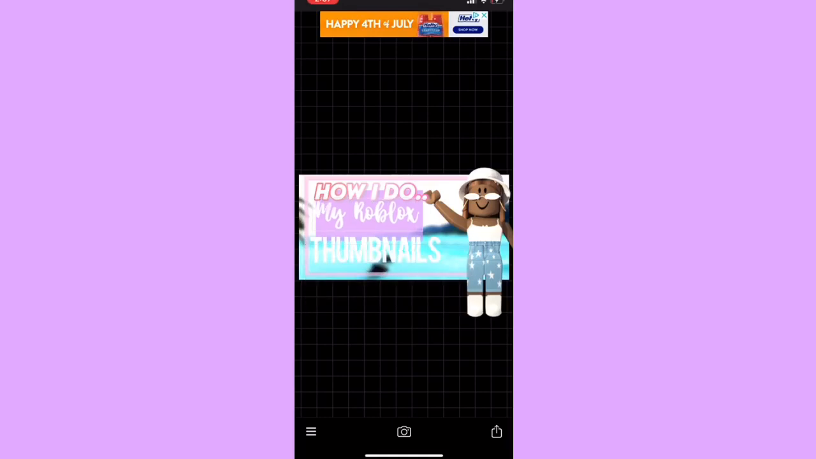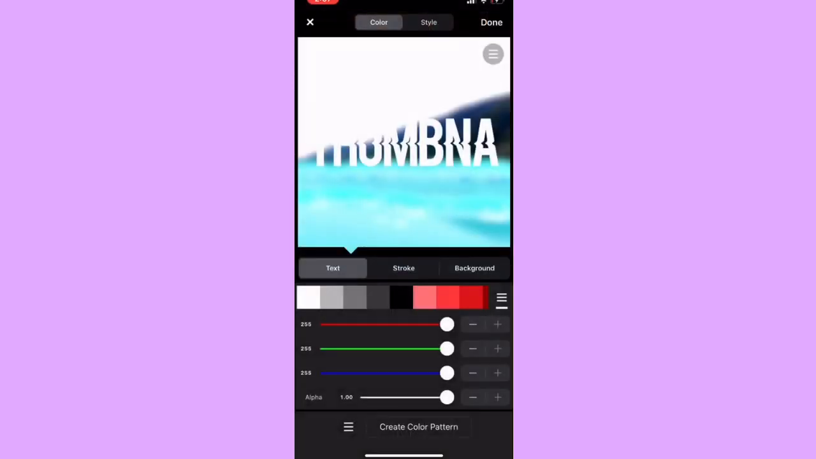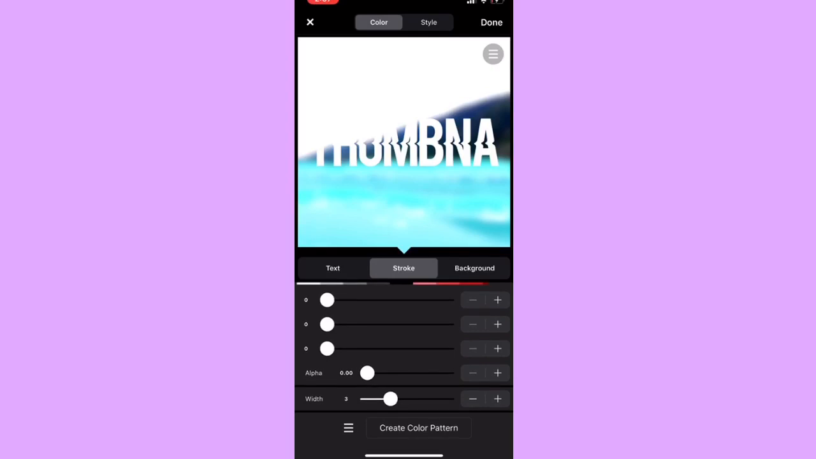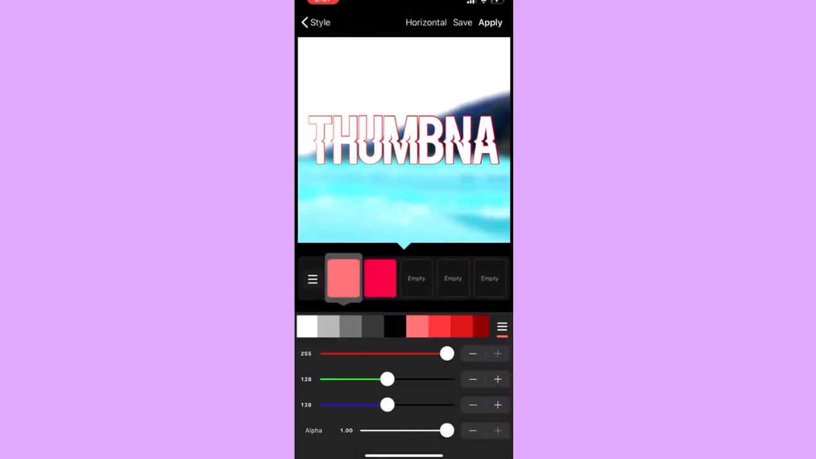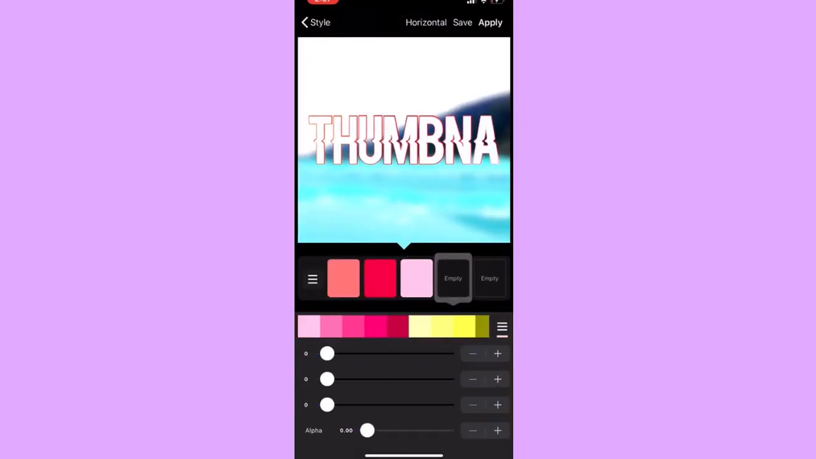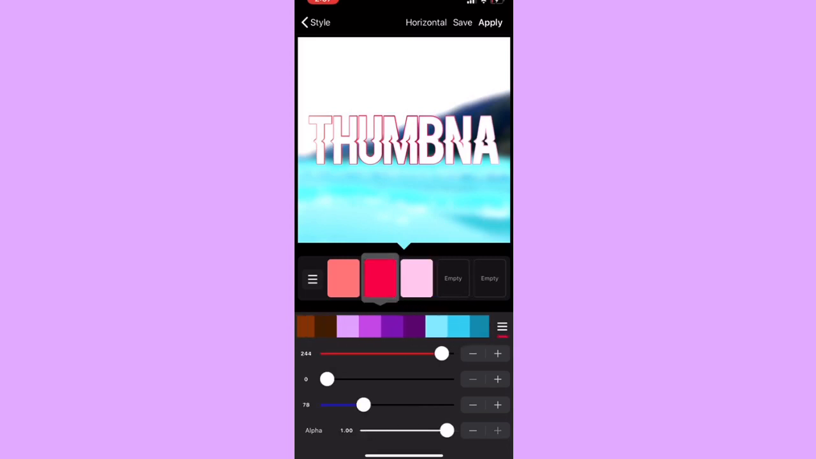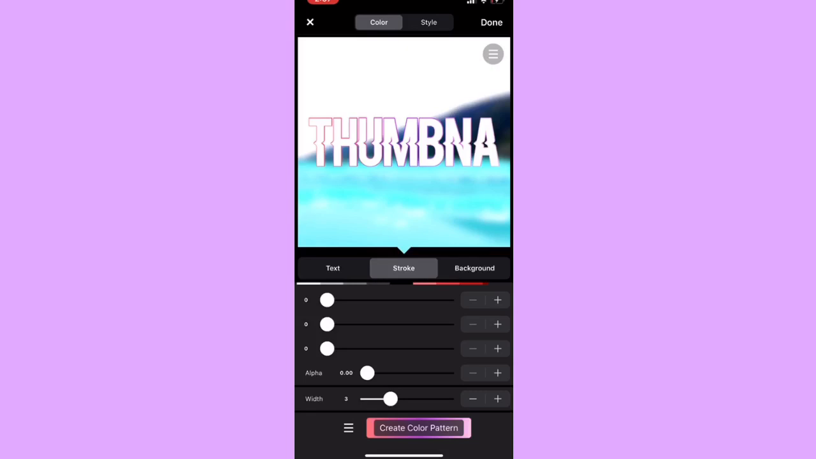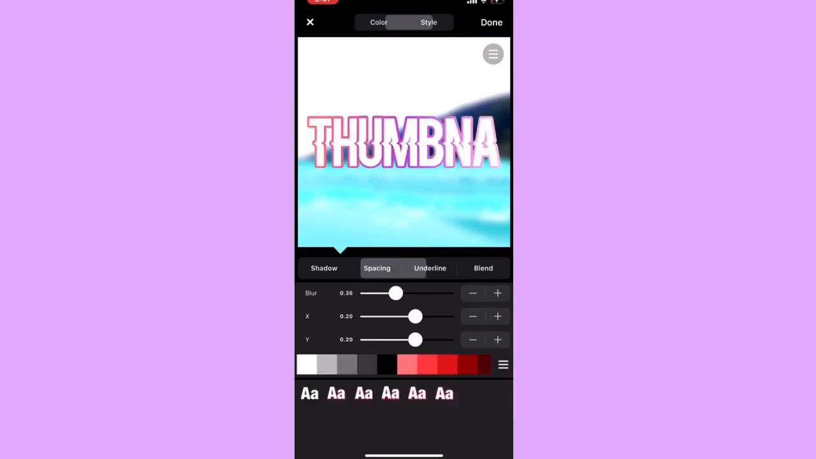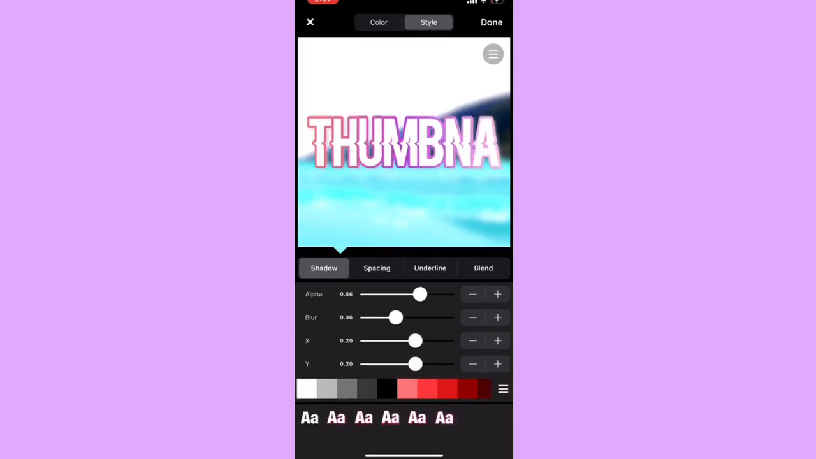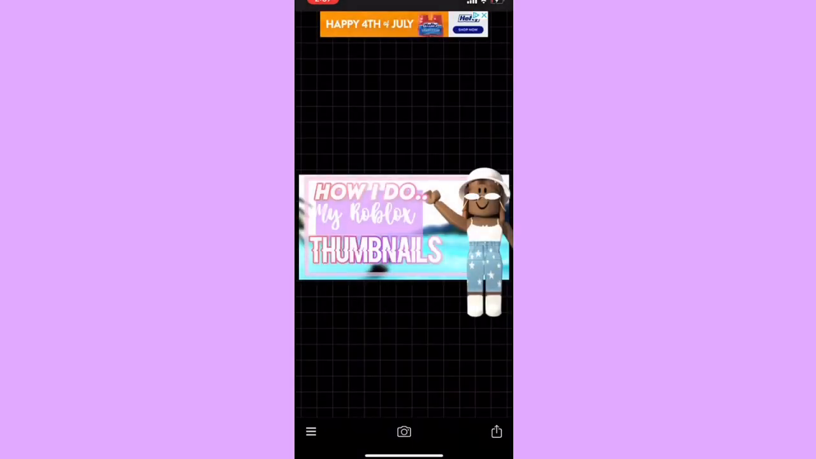I'm going to put it in here, and then I'm going to change this as well. So again, for the stroke, I'm going to change the color, add more than one color. This time, I'm going to add a little purple in there. And it's going to really look nice, as you can see. And then again, I'm going to make the width a little bit bigger so it can stand out. Style, shadow is this. It's like this